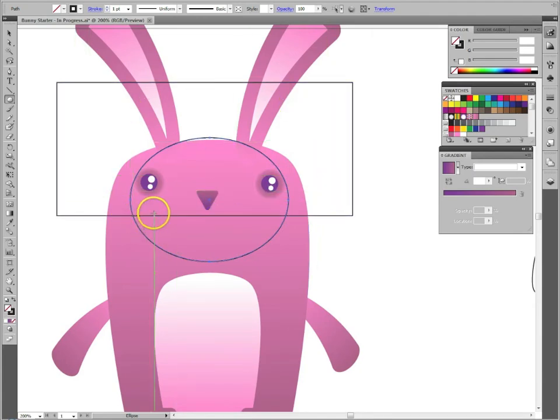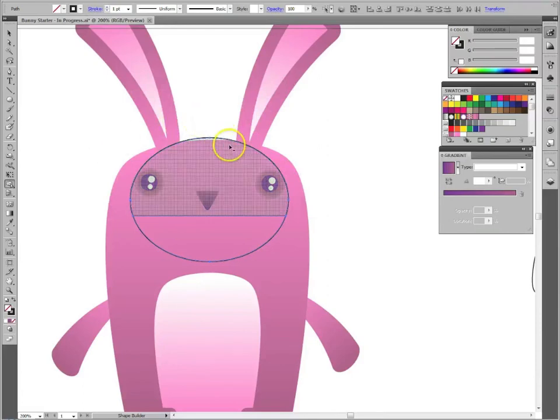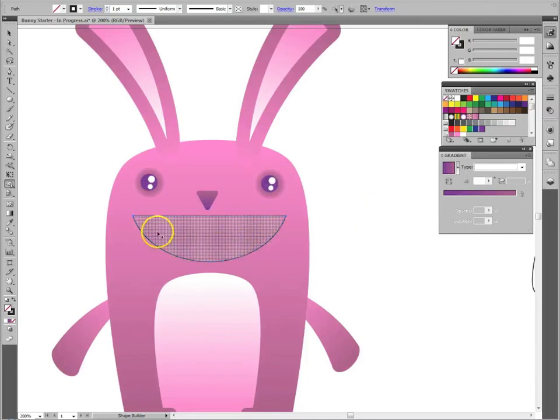And Illustrator can see those differences in shape. So I've got a big rectangle shape, I have the top of the circle shape, and I have the bottom of the circle shape. If I get my black arrow tool and hold down Shift and select both of those shapes, then I'm going to go to Shape Builder right there, and I'm going to click on it, and I'm going to delete away certain parts of this so I'm left with just this sort of crescent shape. So I'm going to hold down Alt and click, and that gets rid of that part. Hold down Alt and click, and that gets rid of that part, and I'm left with this part,